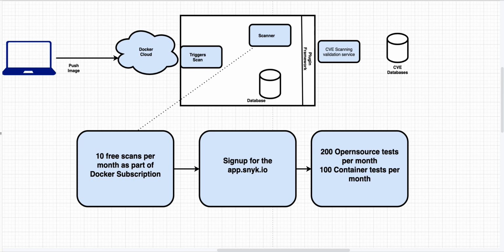Validation service will be called, and this service is eventually going to read from the CVE databases, which are actively managed, and the newer vulnerabilities are included in these databases. They are going to run the vulnerability scans and check your images for the different vulnerabilities which are specified in the CVE databases. If they match and a vulnerability is determined, then they are going to alert you regarding the particular vulnerability, which you can then take corrective actions and fix.